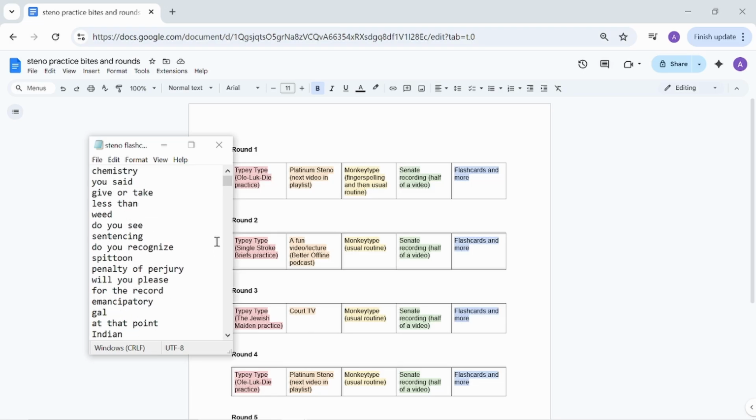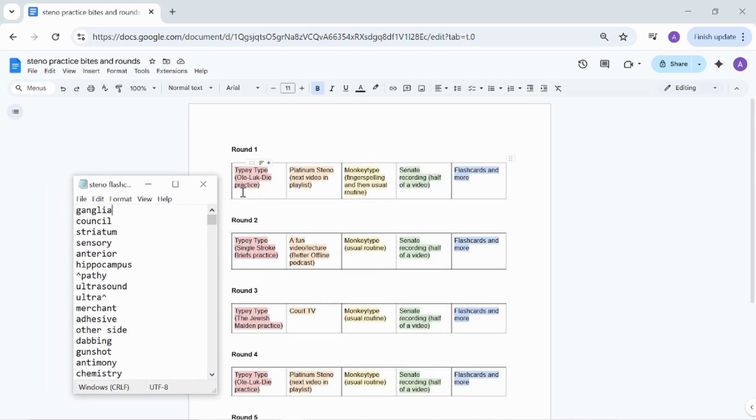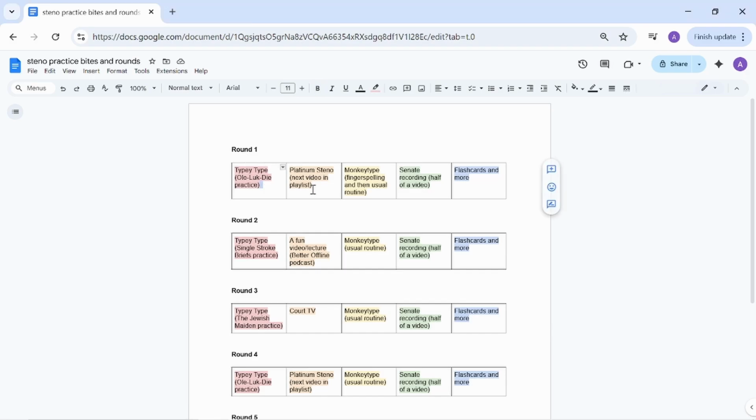And I don't worry at all about whether I have duplicates on here or anything. I'm just adding it to the end of each little practice type here. And then when I come to the blue category here, the flashcard stage, that's where I take the time to go through a few of the entries on that list. Yeah, it's a really helpful tip for me.